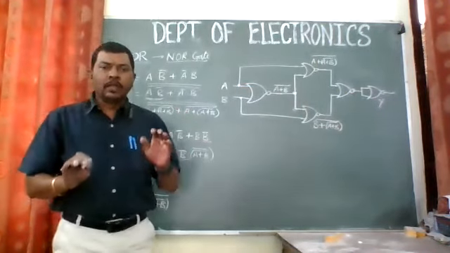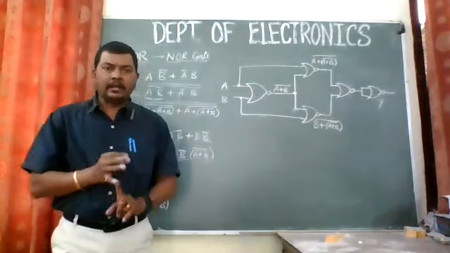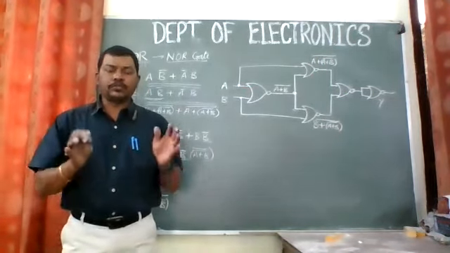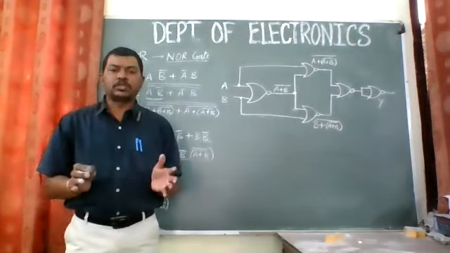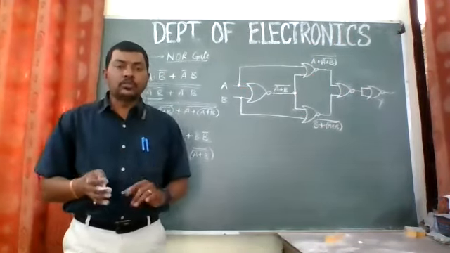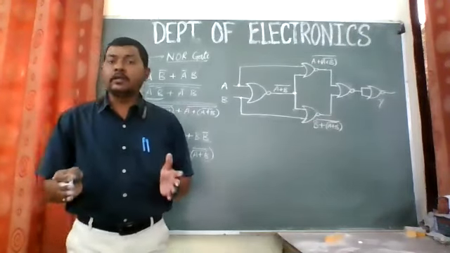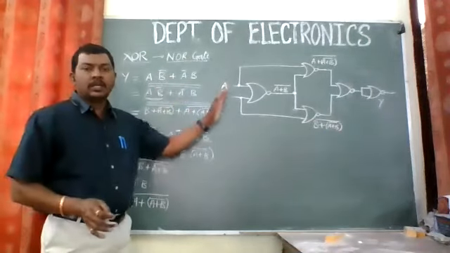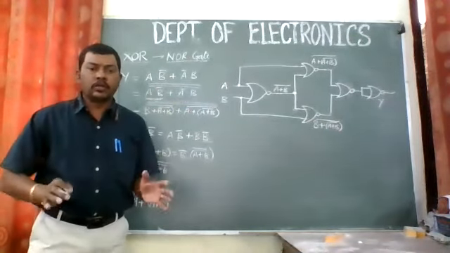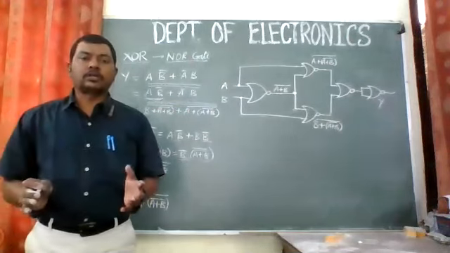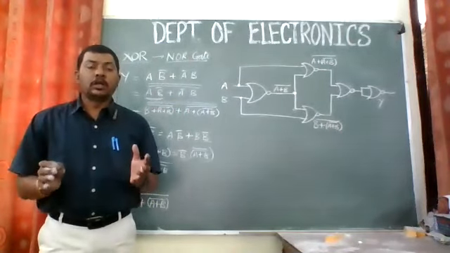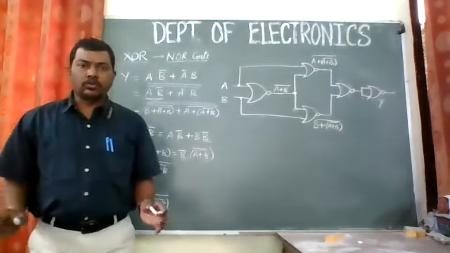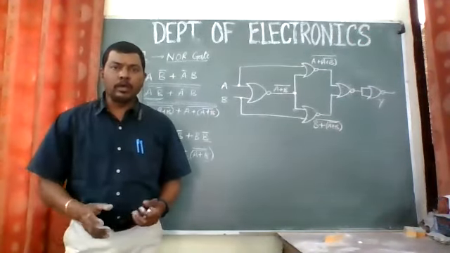So today we have studied to implement a XOR gate using NAND gate as well as XOR gate using NOR gate. So this is the part of simplification of Boolean algebra. In some equations, we need to simplify it by using Boolean laws and De Morgan's theorem. So we have applied those laws and we have tried to implement these circuits. I guess you have understood the crux of why we have studied Boolean algebra, Boolean logic, and Boolean laws and De Morgan's theorem.